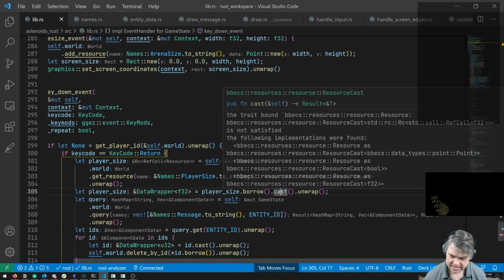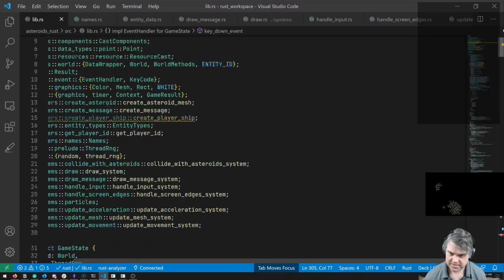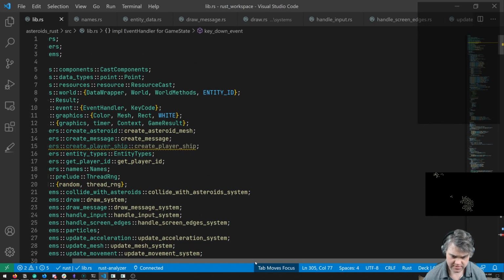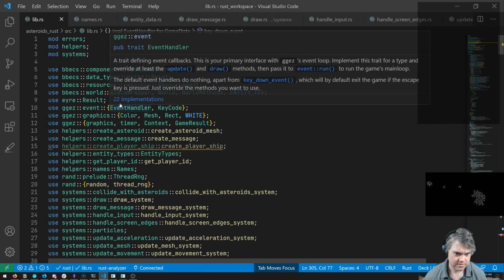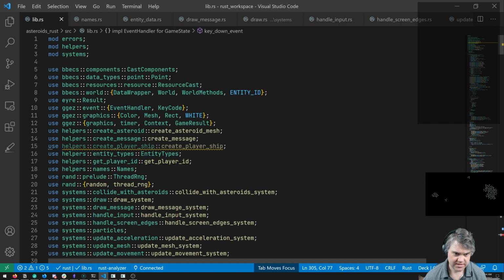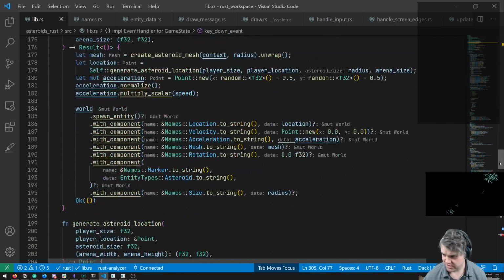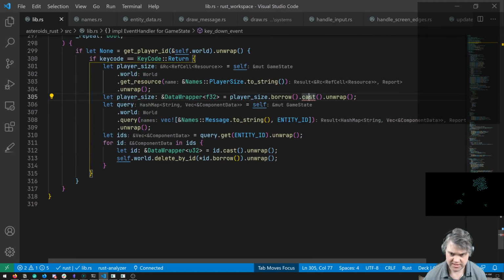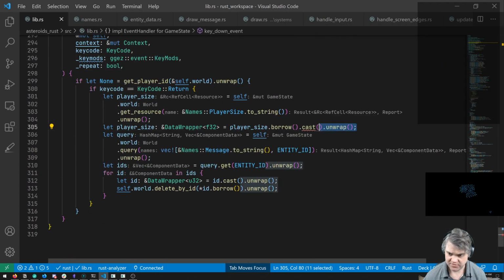Yeah, I think I have cast pulled in, don't I? Cast components, resource cast, I do. So they're in here, but it doesn't know what to do with it. I have to make sure I have to borrow it first. Like that.